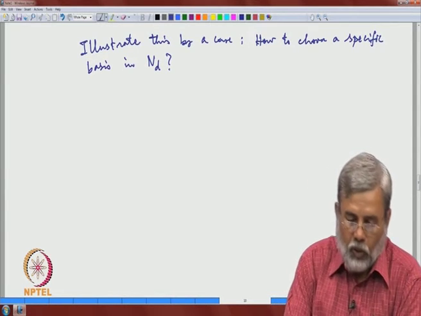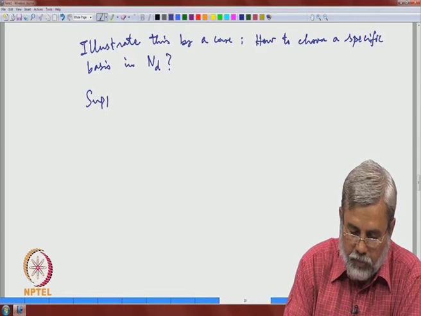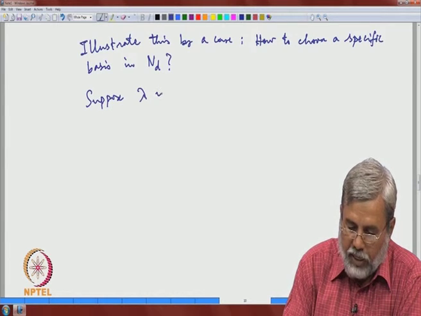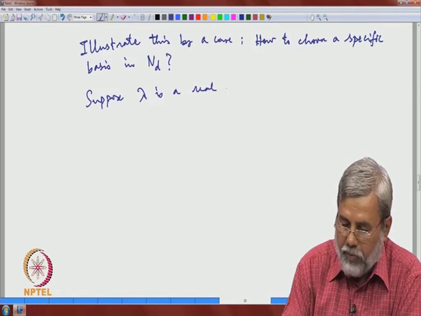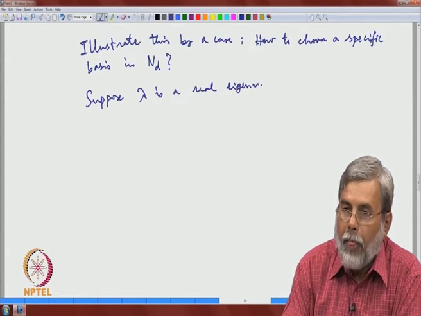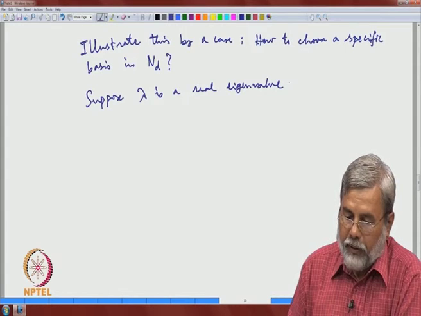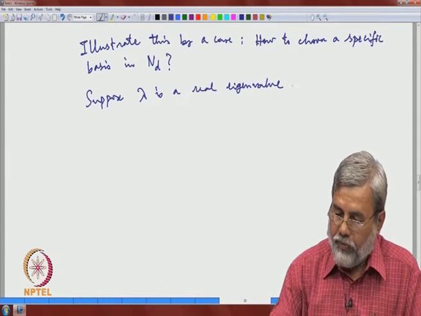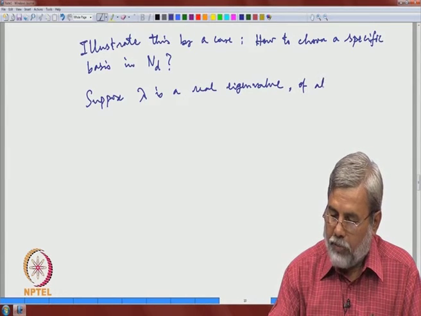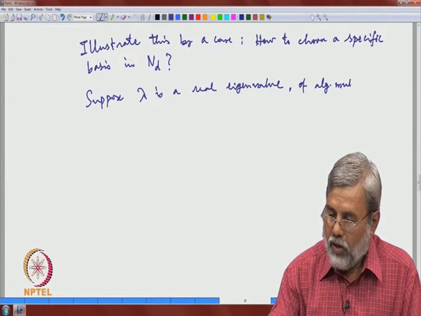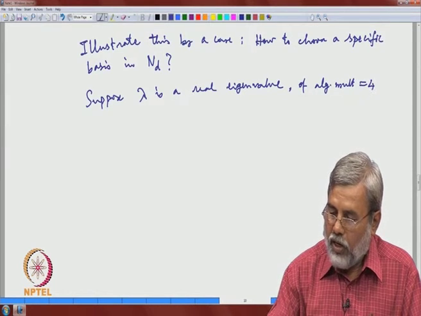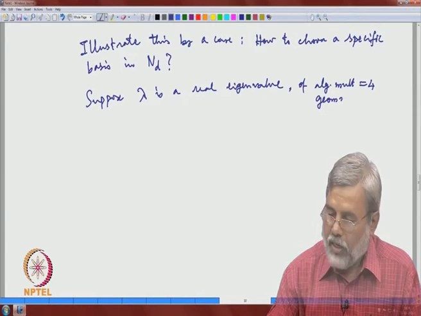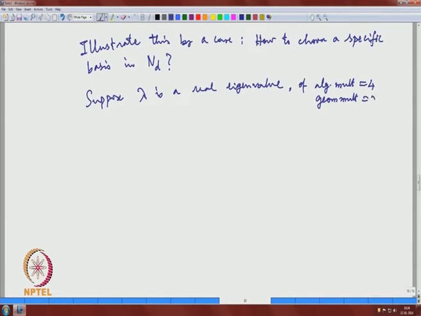So, suppose lambda is a real eigenvalue of algebraic multiplicity 4 and geometric multiplicity 2. So, I have N1, N2, N3 say,